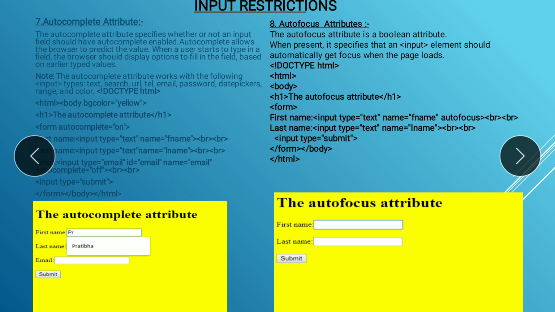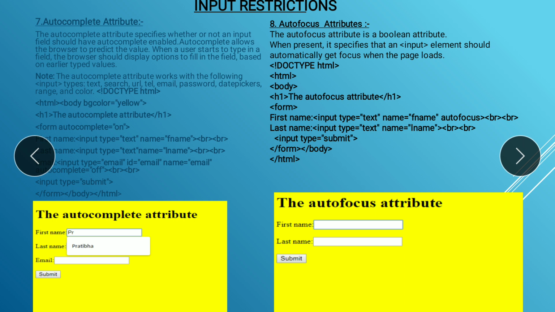Okay, so here you can see when I type Pratibha in first name, it gives me the hint or it displays the option to fill. I can fill Pratibha, right? So this is nothing but the autocomplete attribute.